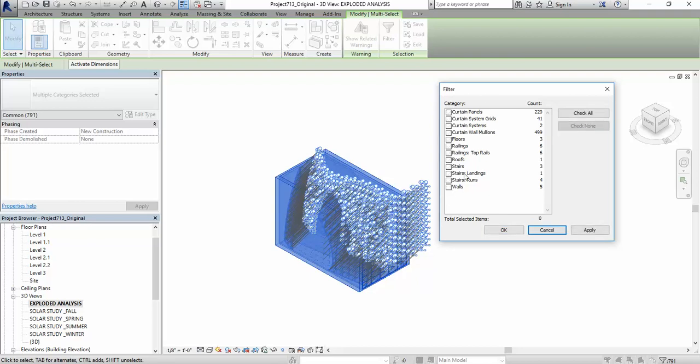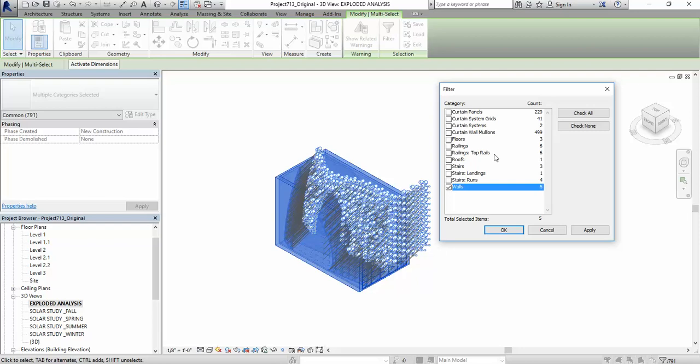I could go with the existing categories in the way I created the elements, such as walls, stairs, roofs, curtain walls, floors. Or I could go ahead and split even the walls into different categories, such as exterior walls and interior walls. If I want to do that, I will have to select the exterior walls manually. Okay, let's go, let's say now with the global option, where all of the walls will be exploded as one